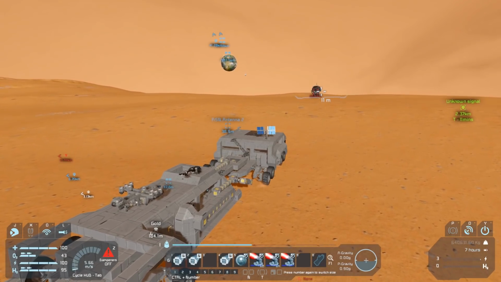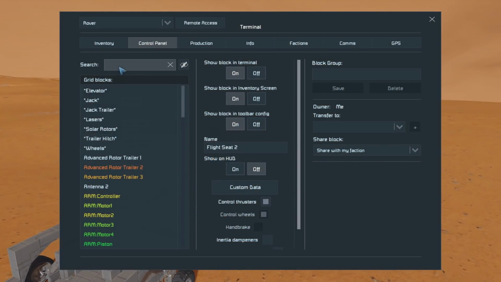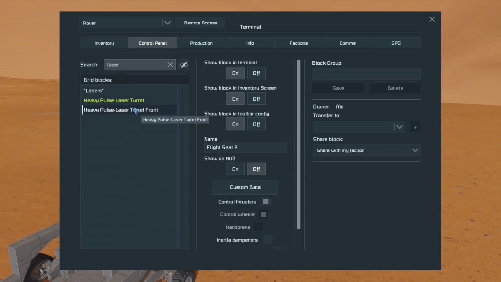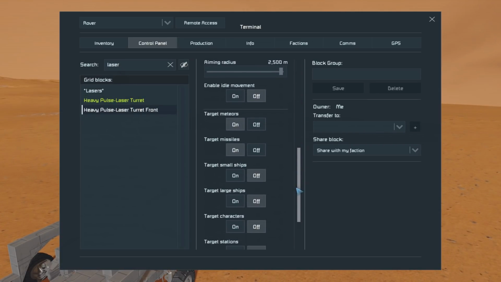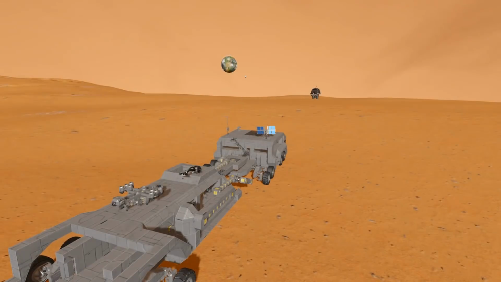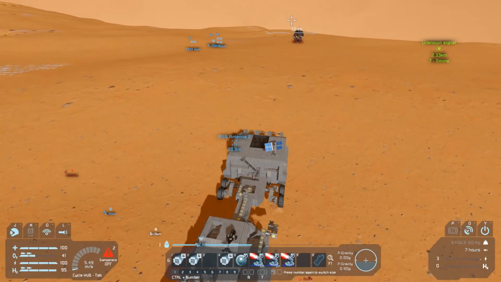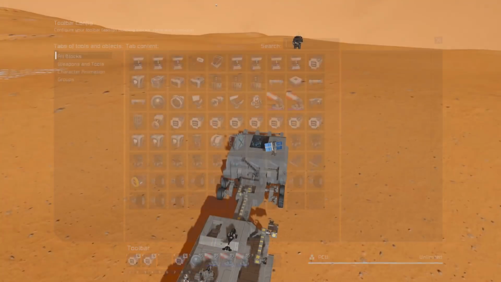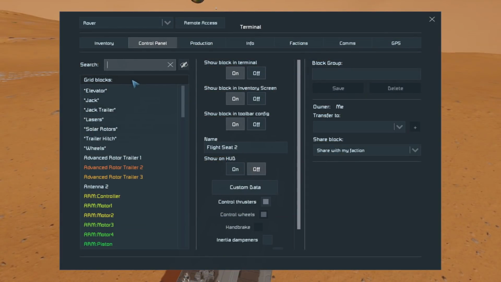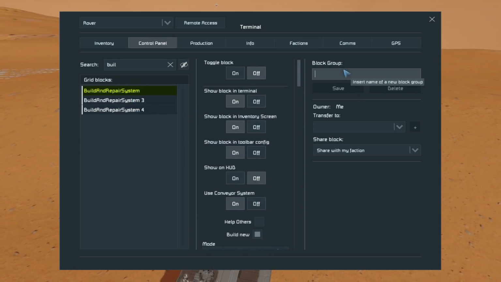So I turned off most of the turrets, not most of the, the 2 turrets that I have. This one I think I set to not shoot at ships or something like that, but I maybe can just set it to ships and large ships and not set it to stations. Then it shouldn't shoot the station there. So I want to do that by hand, and maybe we can put the built-in repair system on a button so I can grab everything that